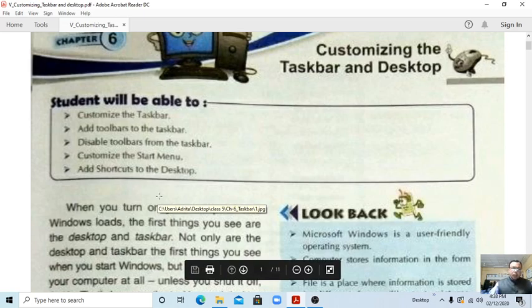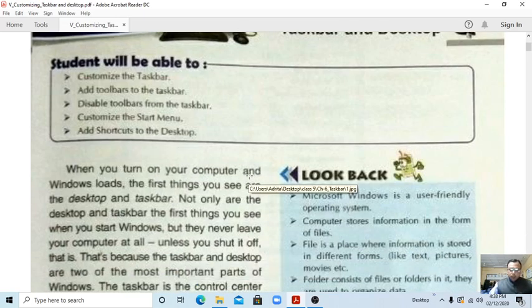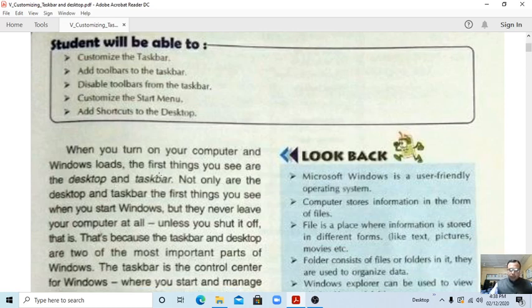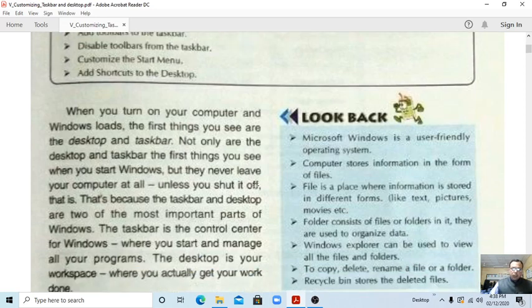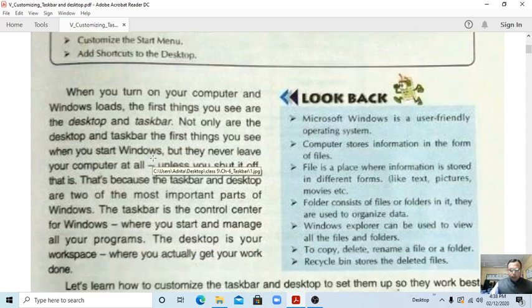When you turn on your computer, as we have already turned it on, Windows loads. The first thing we see is the desktop and taskbar. Not only are the desktop and taskbar the first things you see when you start Windows, but they never leave your computer at all unless you shut it off.